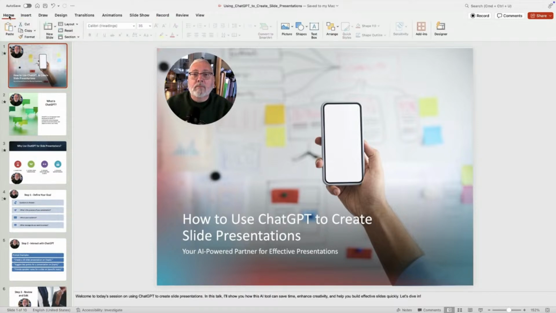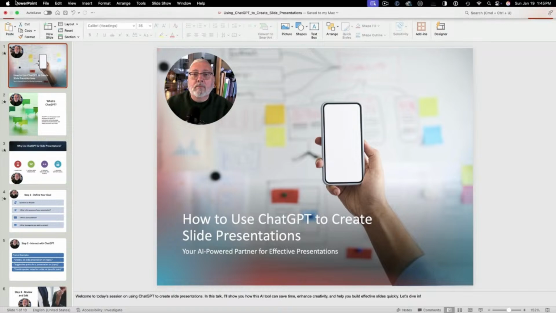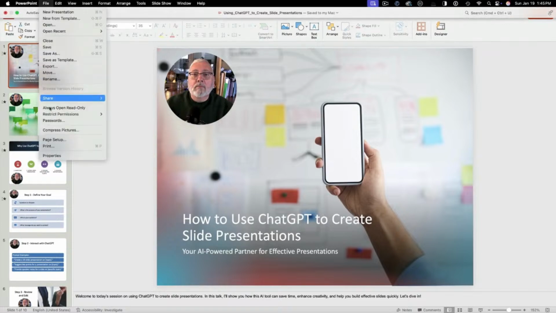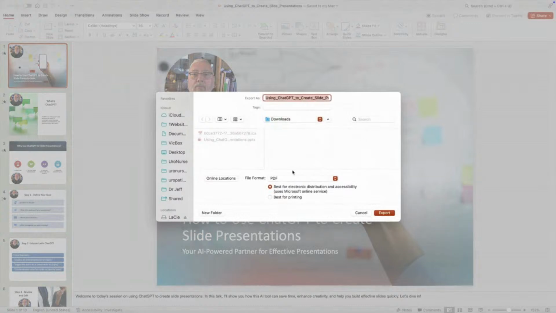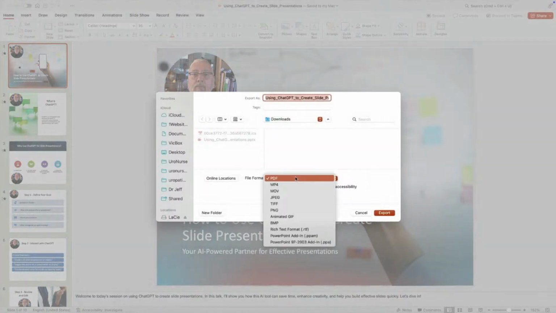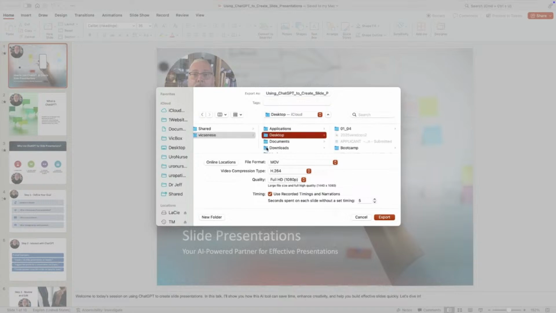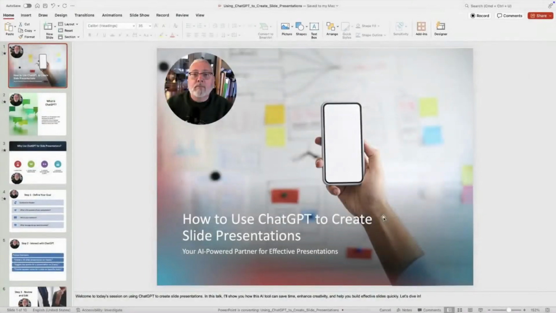Now I need to go up to, at least in my program with a Mac, I go to File, Export, because you're going to have to export this as a movie file. So you go in here where it says File Format and change that to Movie. So you see it's using H.264 compression, 1080p. You can change that quality if you want, but I'm good with that. Use recorded timings, and it's going to go ahead and chunk through here, and then we'll get to see what